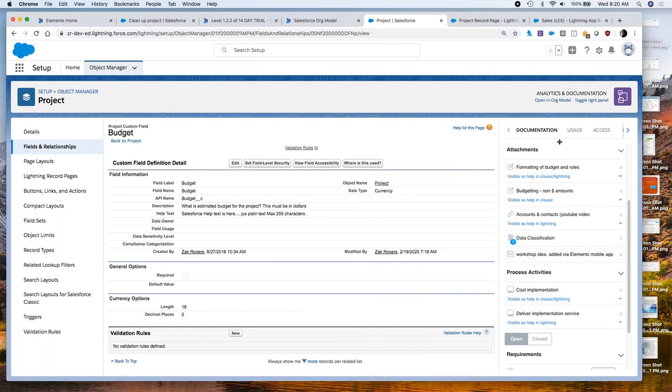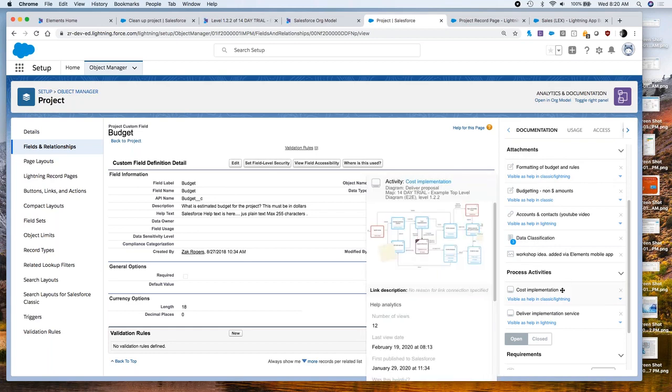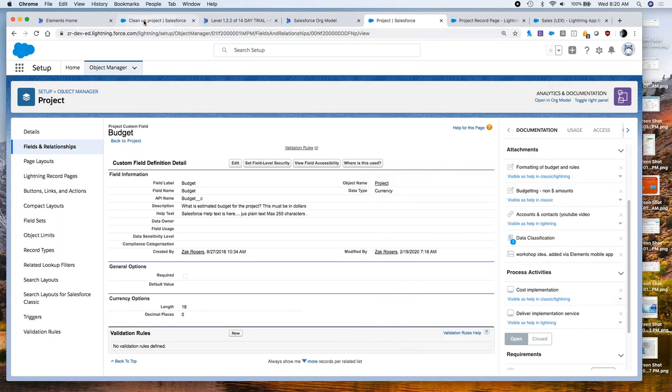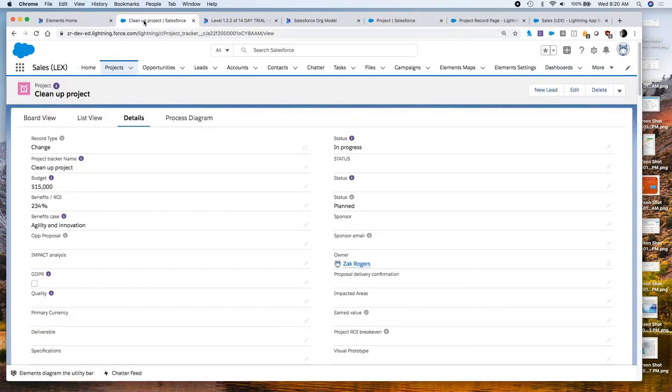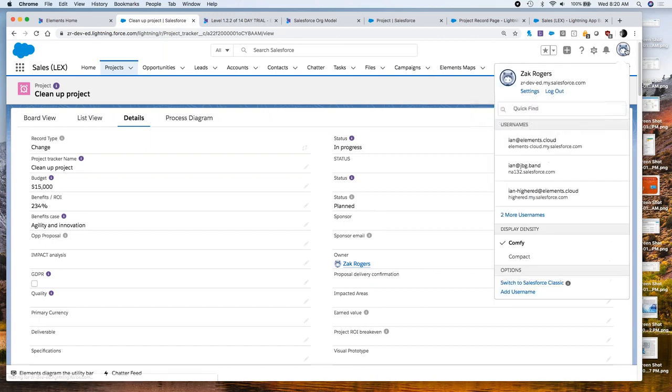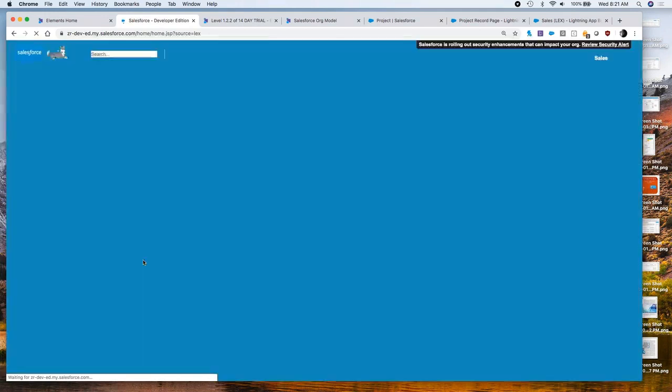But there's one other place where this right-hand panel appears, which makes it very helpful for you providing help. So let me just go back to my page layout. What I'm about to show you is purely for admins. This is not an end user view. This is an admin view for you maintaining the help. And let me just take you to Classic for a moment. The reason we're going to Classic is that the Details tab here